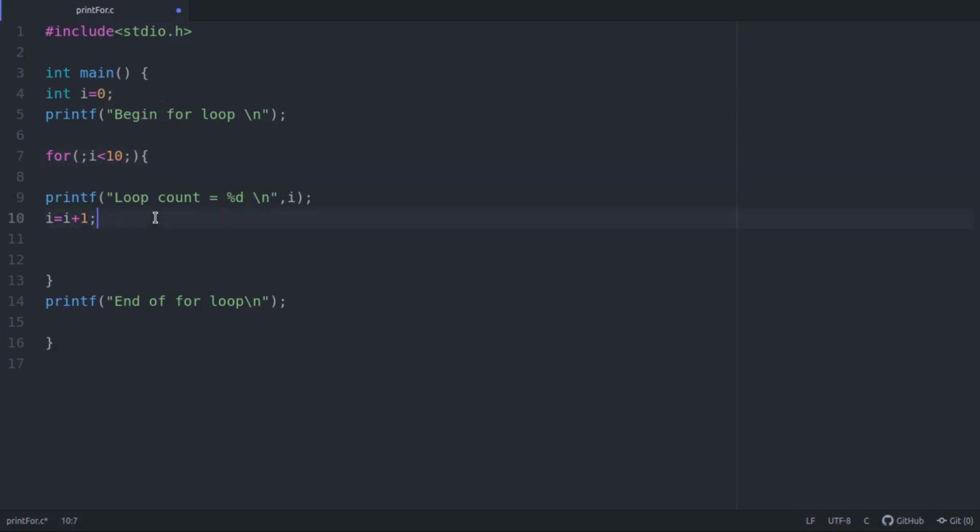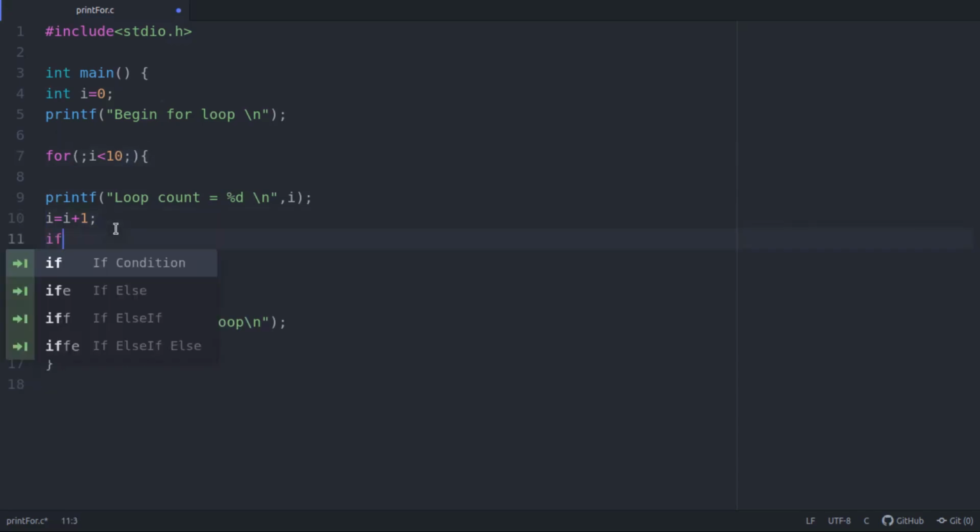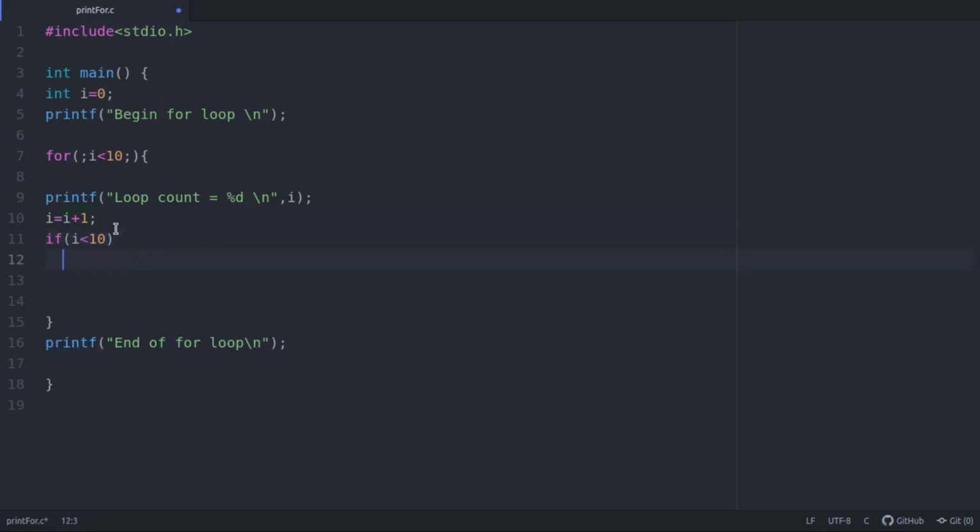All right. Let us say you don't even want to give the condition here. You want to give the condition inside the loop: if the value of i is greater than 10, then you want to break out of the for loop. That is also okay. You can remove the condition from here, right? But you still need these two semicolons. So a for loop can work like this also. You can have initialization outside the loop, you can have increment somewhere else, you can have the condition check somewhere else. As long as two semicolons are there, syntactically the for loop works.